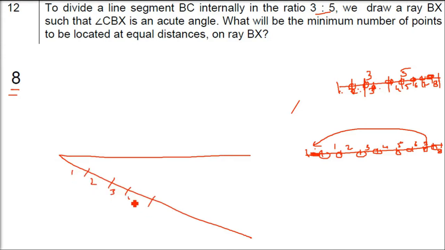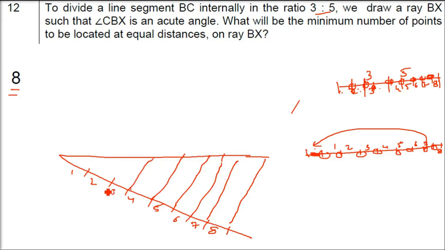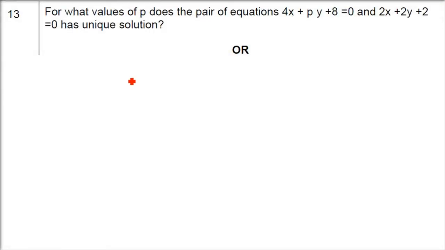So what do we do? We divide this into 8 parts, means make a line which is at some acute angle with this original line. Then we join the last of this and then we make the parallel lines. So the third point, which is parallel to the last line, wherever it is joining is basically dividing the line into 3:5 part. There is a proper question we are going to see later. That is around a 5 marks question, I guess. So we'll talk about that.